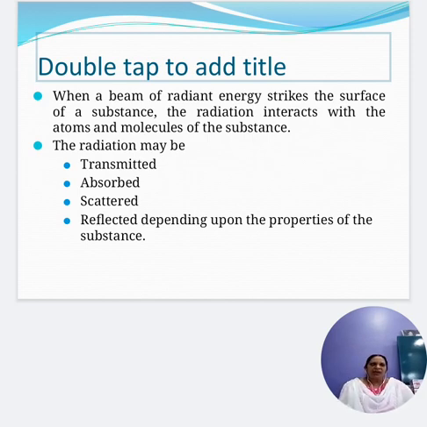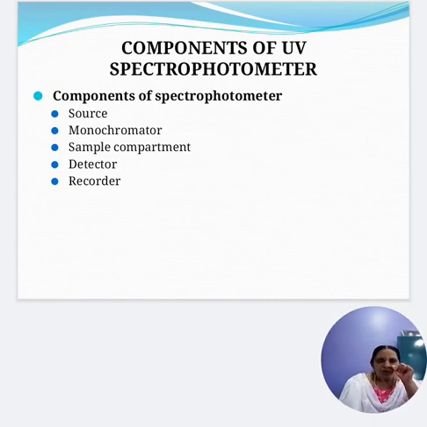what you are going to do then. After absorption, the molecules, when they get excited from the ground state to a higher energy state, they emit a different radiation, when the molecules or ions move from one energy to another energy. Thereby, you get a spectrum. So in that way, you can use these spectrophotometers.